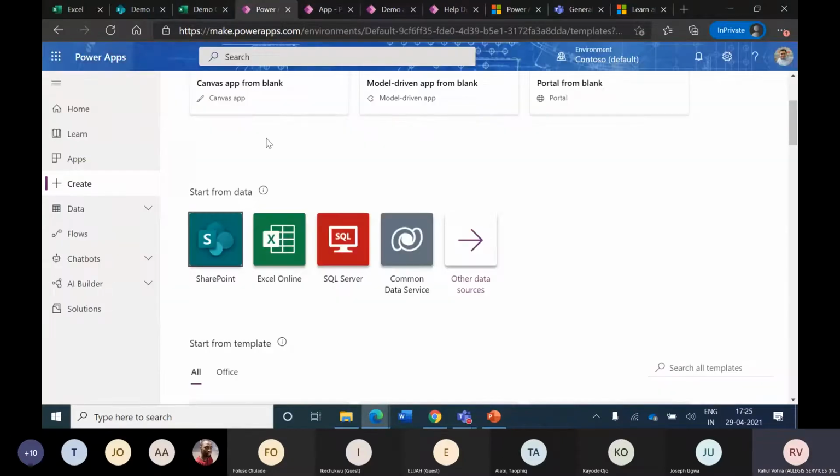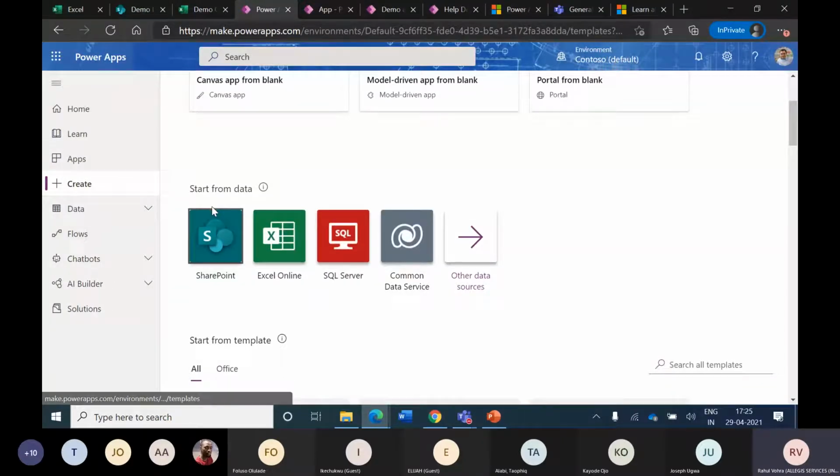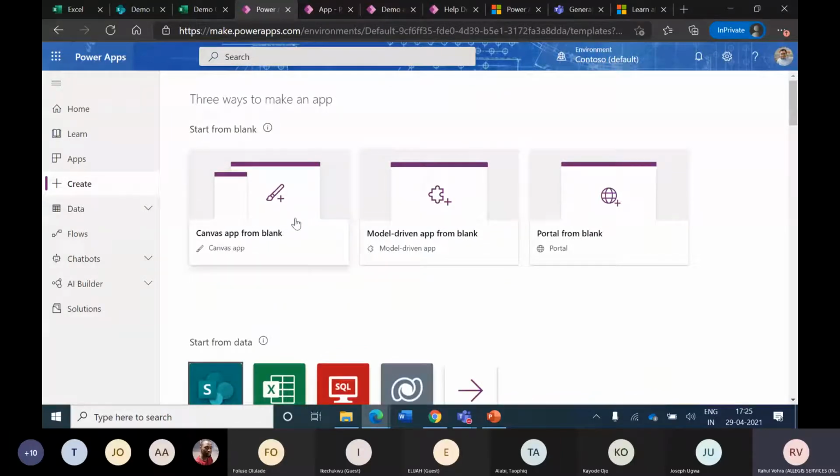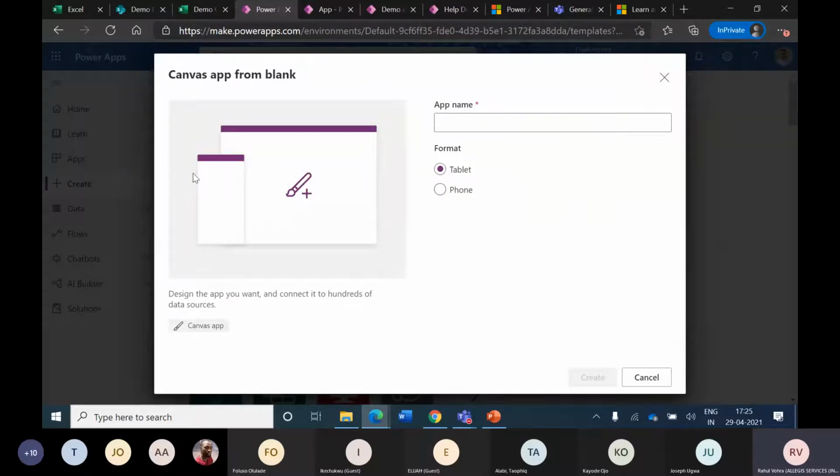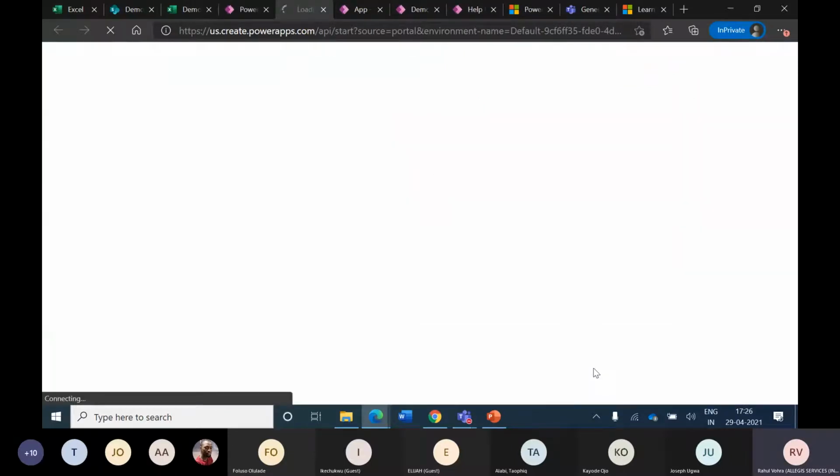And in a similar manner, I'll quickly show you how I can go ahead and create an app from a blank, without any data, without anything. If I just want to create from scratch, I can come here and say app name. I will say demo app. I'll just call it blank. And I have the option of saying whether I want it to be a tablet or phone. I'm choosing phone and I say create.